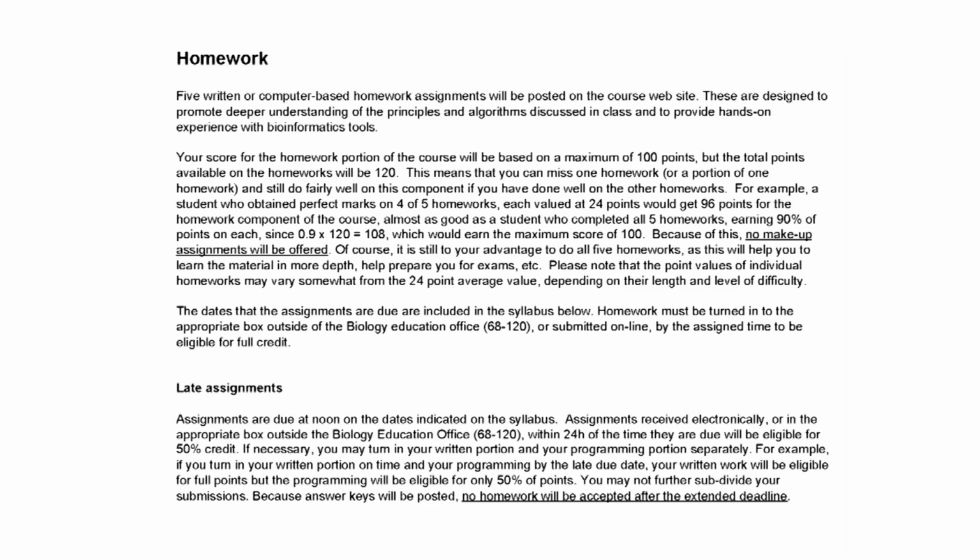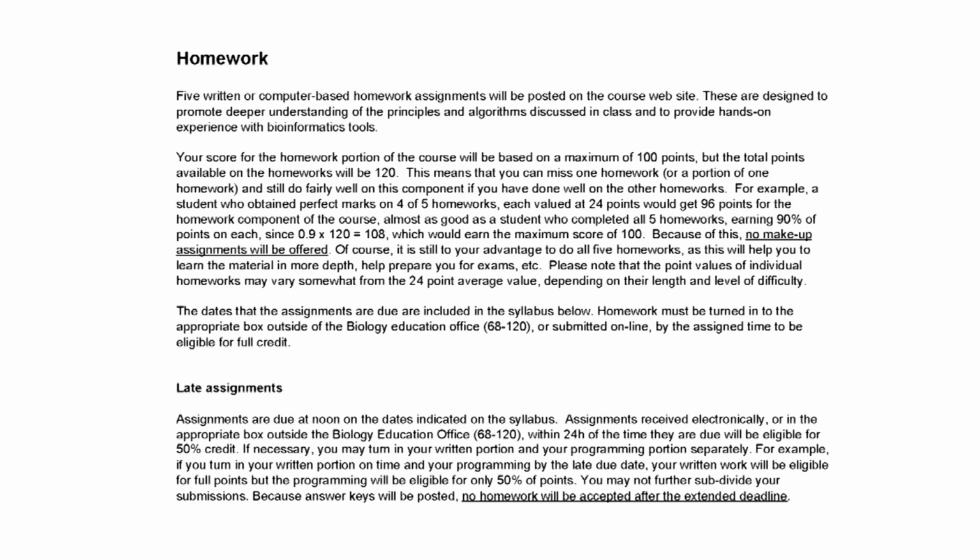Now, I should also mention that not all the homeworks will be the same number of points. Okay, we'll apportion the points in proportion to the difficulty and length of the homework assignment. So, for example, the first homework assignment is a little bit easier than the others, so it's going to have somewhat fewer points.